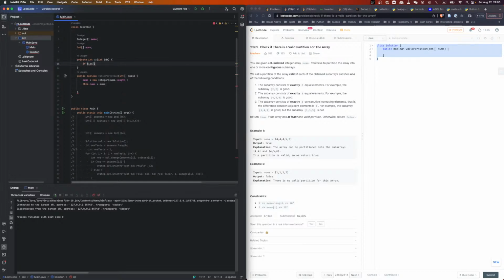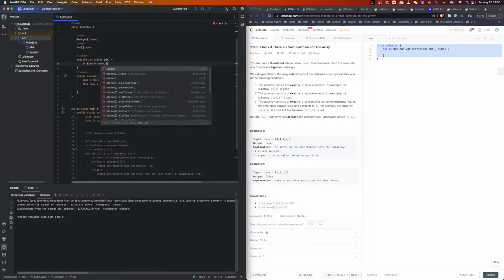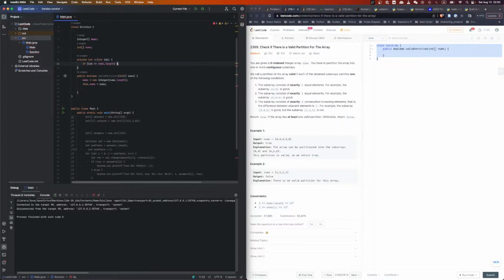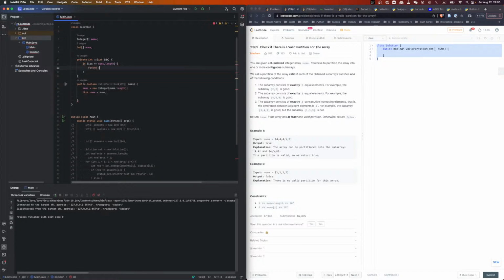And then I say if index is equal to nums dot length, we shall return true. Right? Because we're asking... wait, hold a second. Empty array. What is an empty array? Yeah, we should return true because it shouldn't really matter. And this is Boolean. And then otherwise we say if